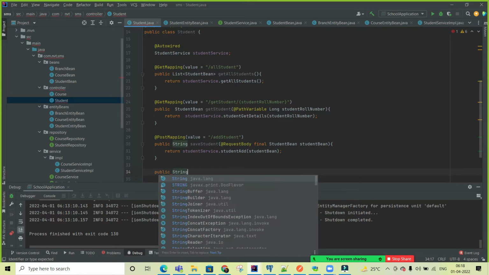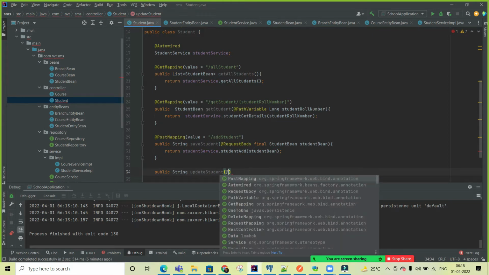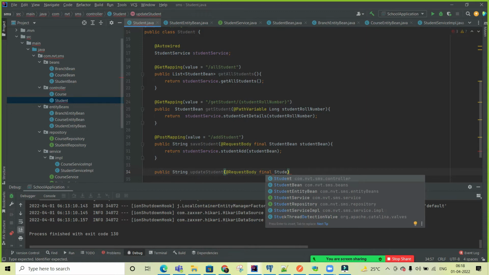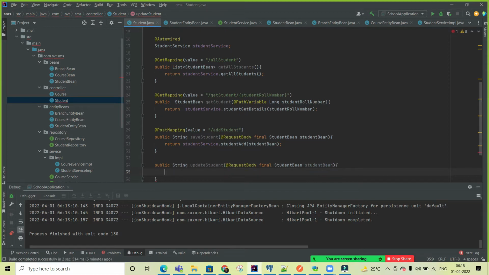string update student, and you will take a request body. In this body you will take the student bean, and I'm writing here the same thing.